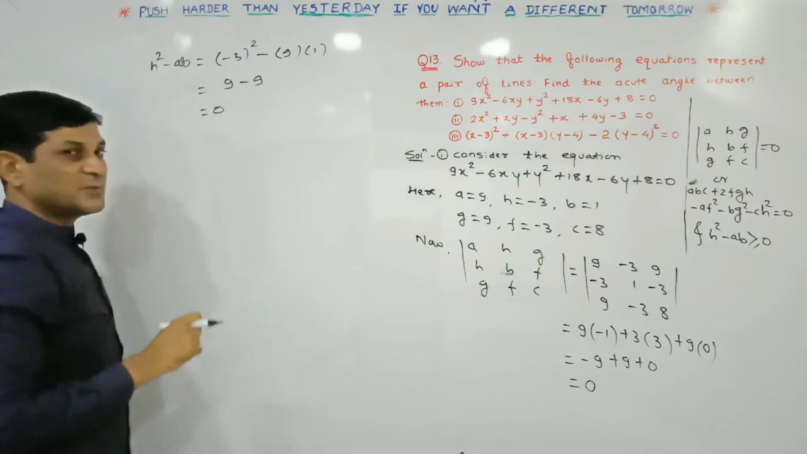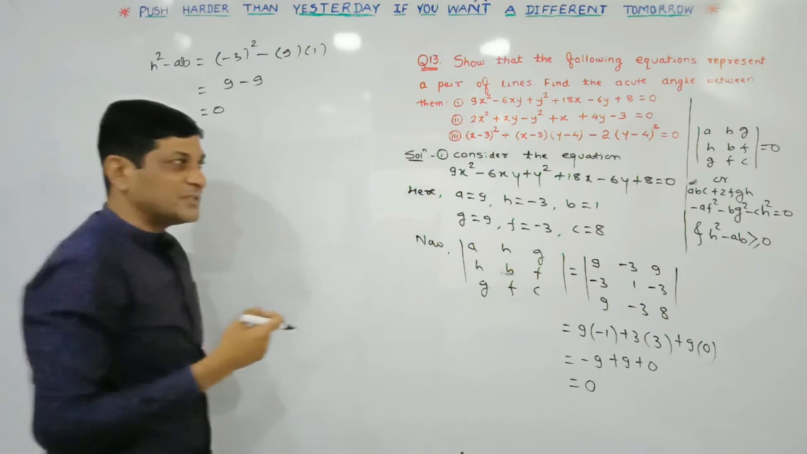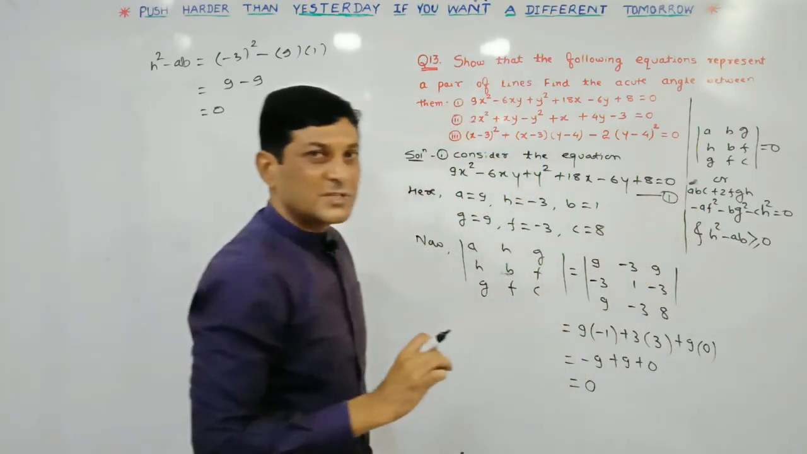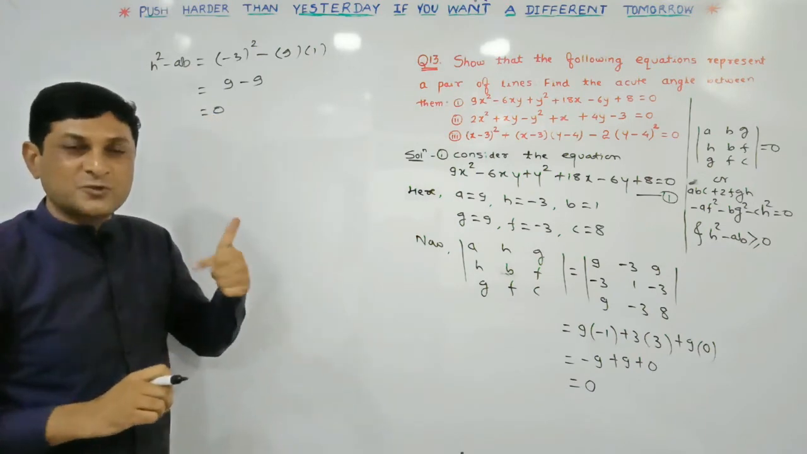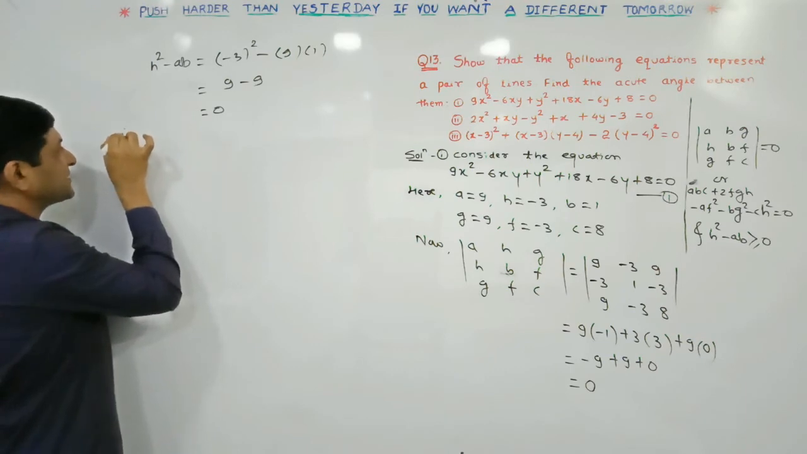Since the value of h square minus ab is 0, we can conclude that this equation first represent pair of straight line, and these pair of straight line are what? Parallel. We know this is the condition for lines to be what? Parallel. So that's why we can say that equation first